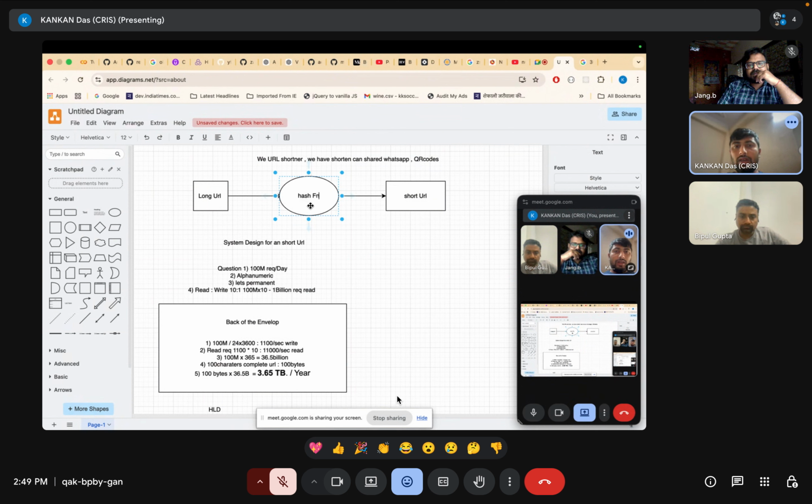Hash function. Okay. So this hash function, what will it generate? For every long URL, it will generate something like an alphanumeric string, something like this. Okay. So this key